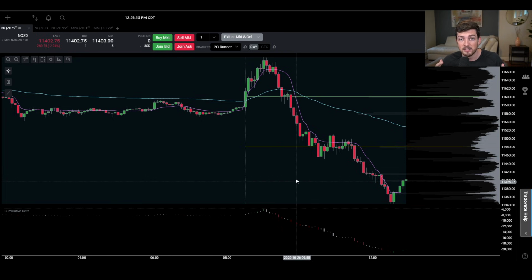So that's cumulative delta. Let's go ahead and look at volume profile and how we use it in trading. And I think this will also really help, hopefully. And then when we pair the two together, it is a